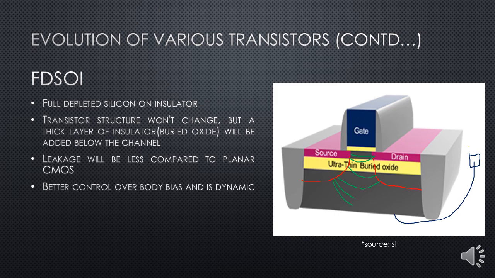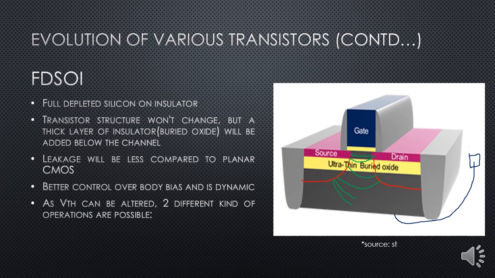Once the chip is fabricated also, we can alter this body bias voltage, and we can operate our chip in two different modes. As the body bias can be altered and it is also dynamic, based upon this body bias the threshold voltage is varied, or we can alter the threshold voltage over here. So as the VTH can be altered,